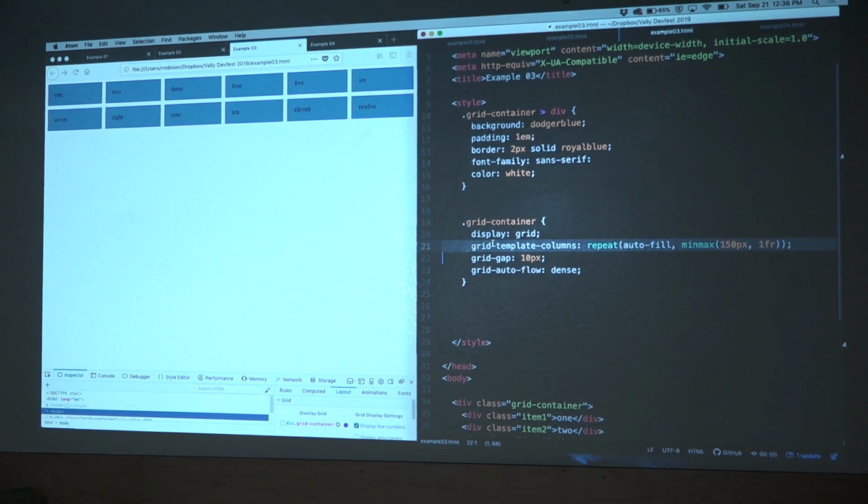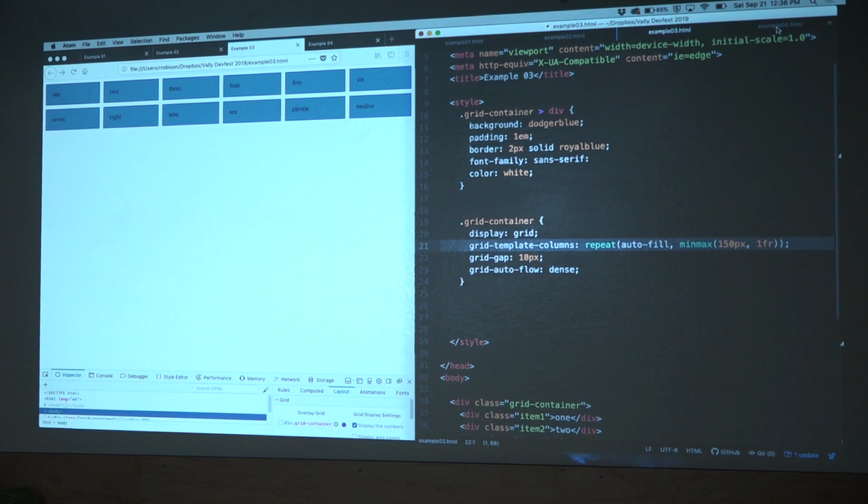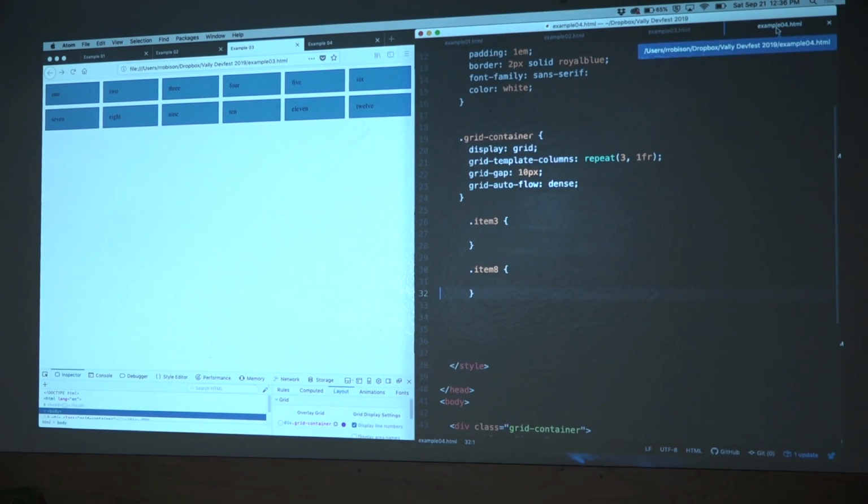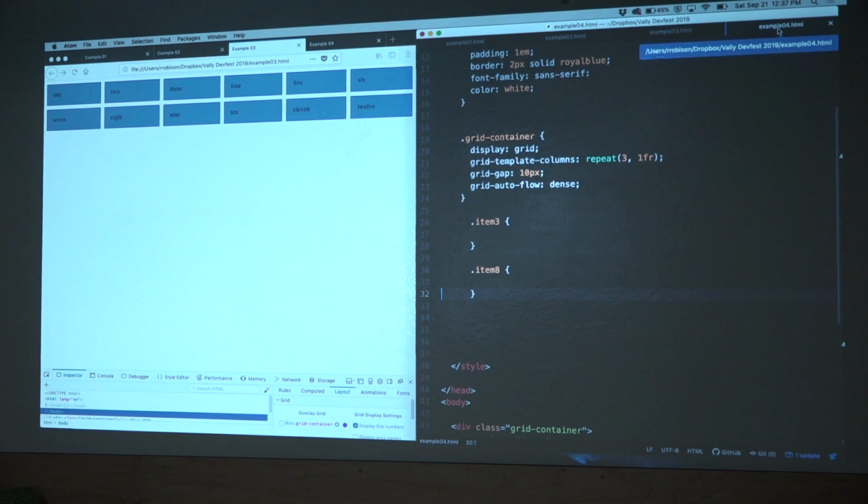All right, I want to show you now grid-template-areas. I'm getting into stuff that I didn't even learn when I first started. All I did was just the grid template columns and rows, and you can do so much with just that. So I'm showing you some more advanced stuff, but trust me, you can get up and running with very little code. But I want to show you some of the really cool stuff. So grid-template-areas